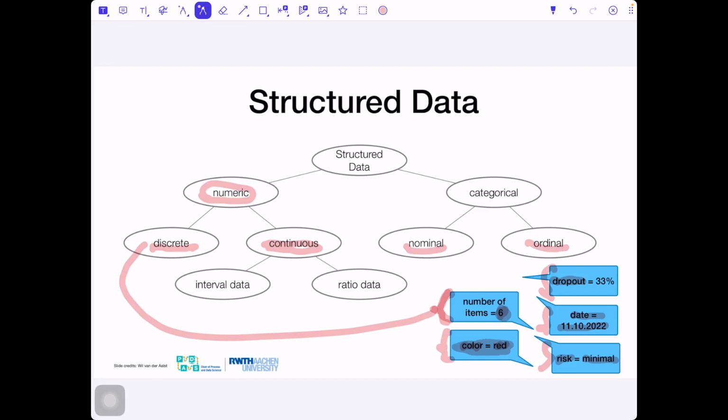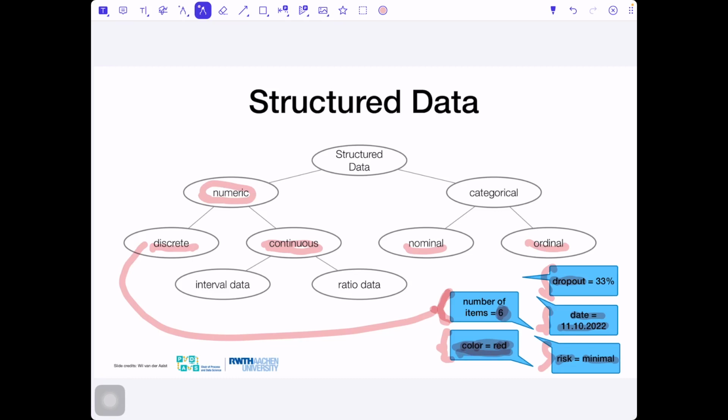Nominal is everything that we can only differentiate. This is different from that. And ordinal means that we can put these in some order. So here we're dealing with colors. It could be red, it could be green, it could be yellow. Can we put colors in an order, where the best color is red, the second best is green, the third best is yellow, and so on and so forth?